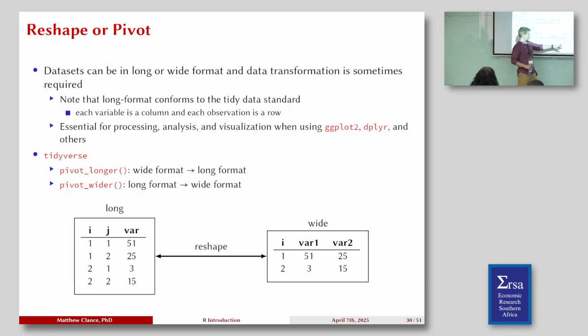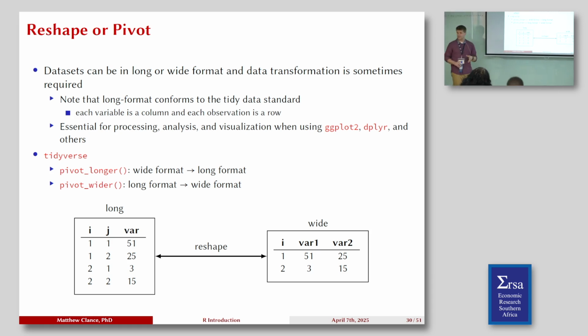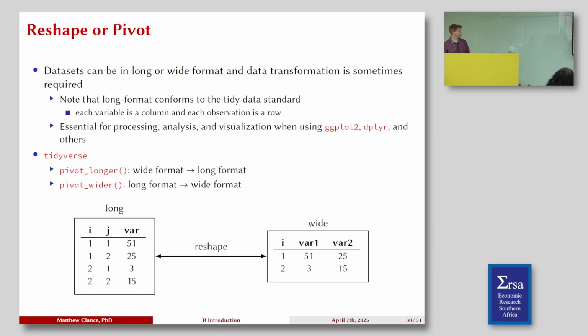But sometimes we find it in a format where we have all the countries, and then the GDP for, say, the first year for all the countries, and then the next year for all the countries. We can't typically do regression analysis in that format. It usually needs to be in the long format. That's why it's very important that we find a quick and easy way to put it in the right format.